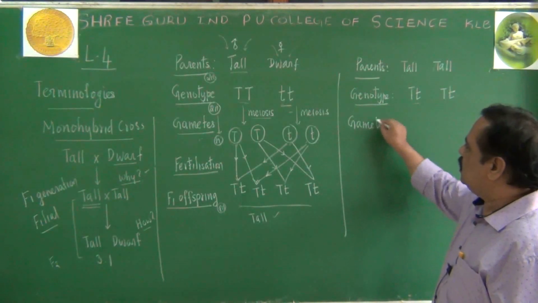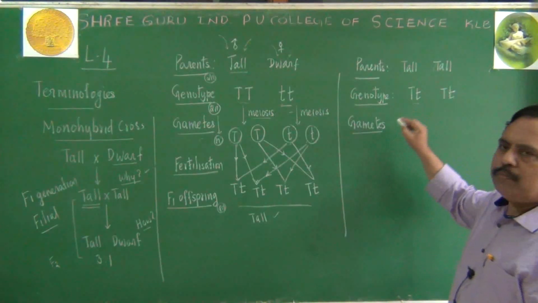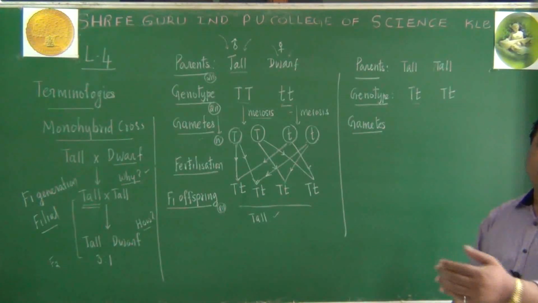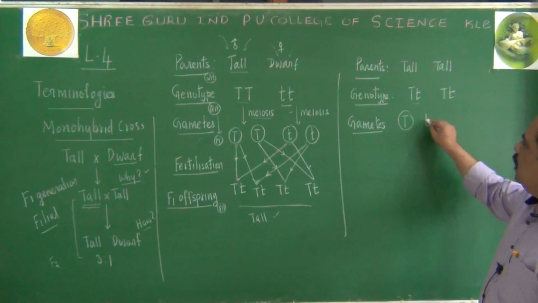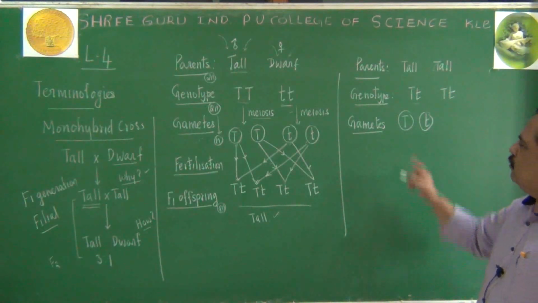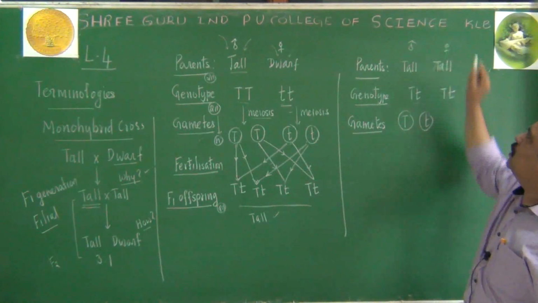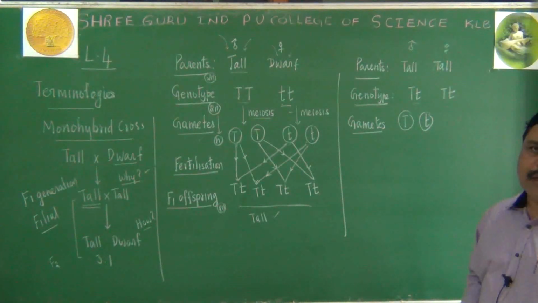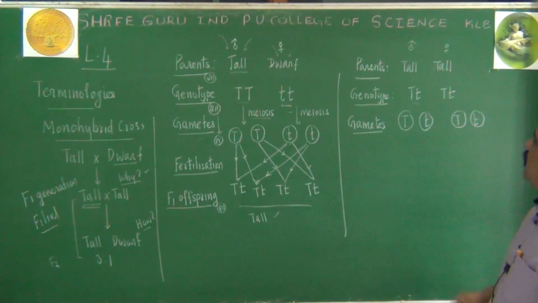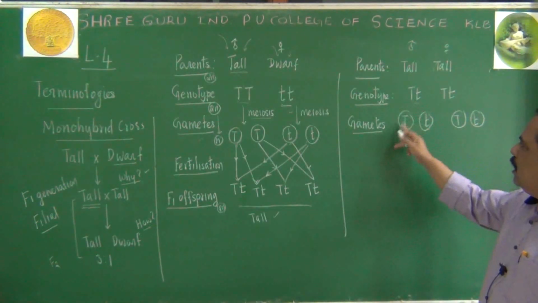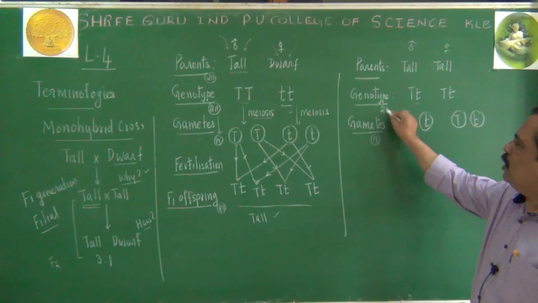Gamete formation. The third step will be formation of gametes. Gamete formation will involve meiosis, the reduction division I told you about. Out of 2 alleles, one will come to one gamete, another allele will come to another gamete. We can call them male gametes, because if you take this as a male and this one as female, this will become the male gamete. Let us see here what happens. Capital T will become one gamete, another small t will become another gamete. So they have become N, haploid in nature. This is haploid. Genotype is diploid.